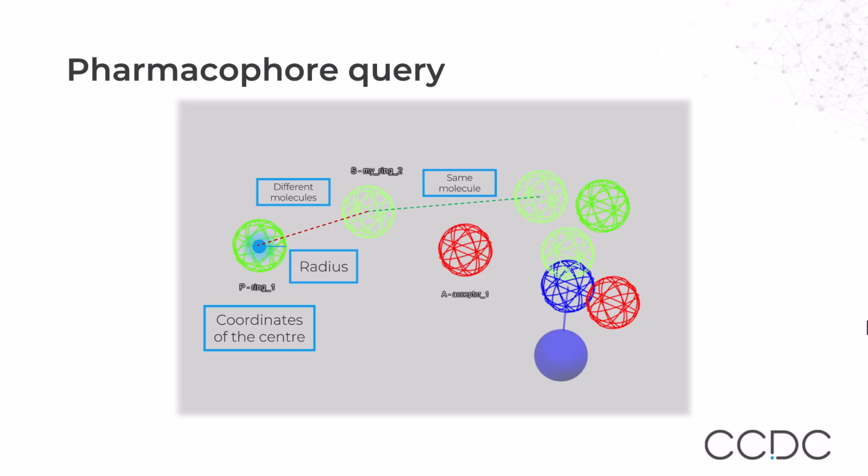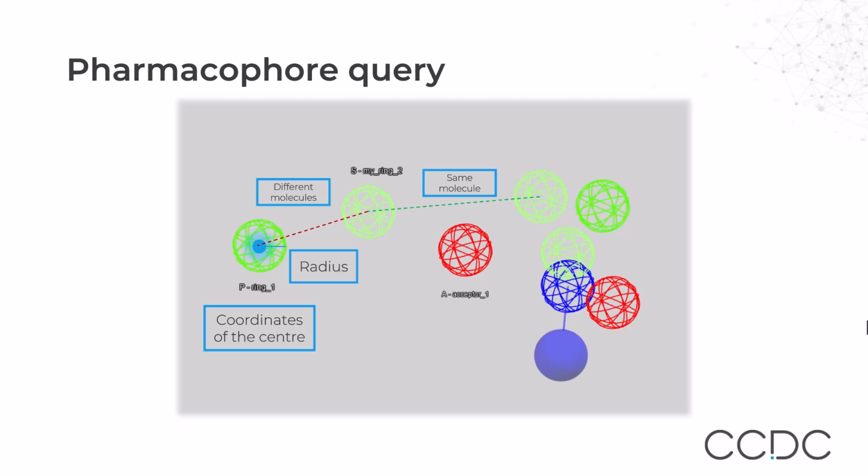Also in CrossMiner you can actually set some constraints. For example, if you know that two pharmacophore features are coming from the same molecule, you can explicitly tell it to CrossMiner and it will understand. Or if you are sure that these pharmacophore features are coming from different molecules, you can also set this up. Also, if you know that some of the features belong to a small molecule, you can specify this.